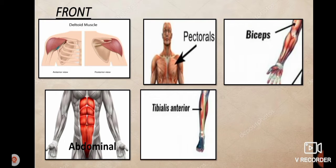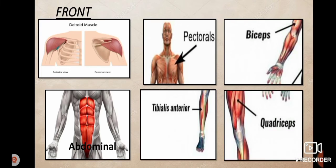Tibialis anterior is a muscle in humans that originates along the upper two-thirds of the lateral surface of the tibia and inserts into the medial cuneiform and first metatarsal bones of the foot. And lastly, we have the